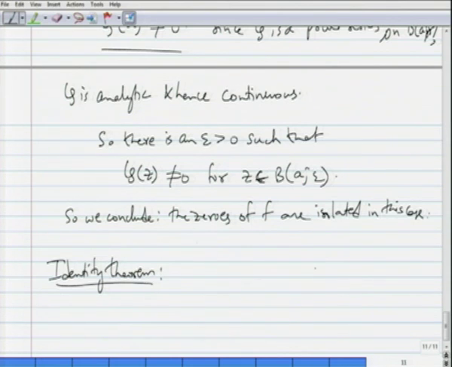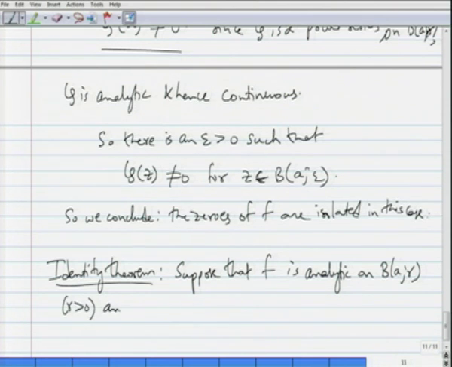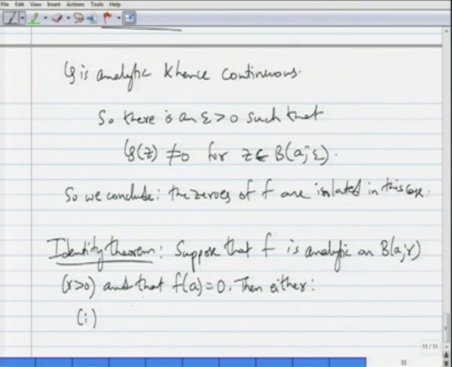after the textbook. Okay. So, suppose that f is analytic on B(a, R), R positive, and that f of a is equal to 0. Okay. Then either of the two happens. Case 1, f is identically 0 in B(a, R),